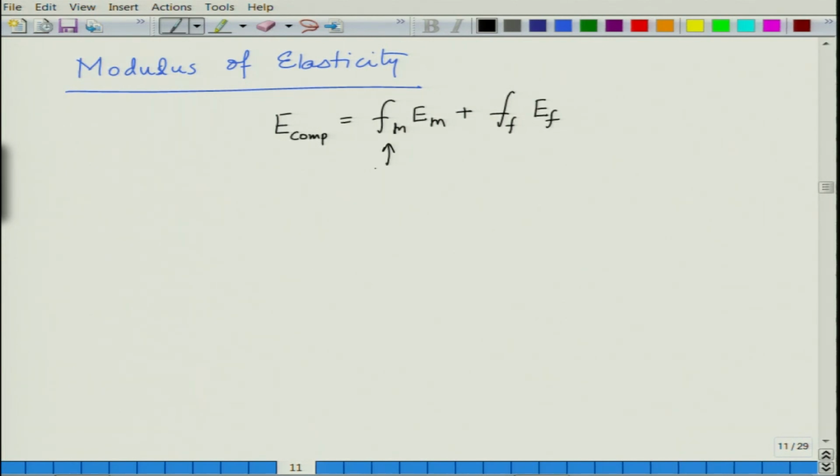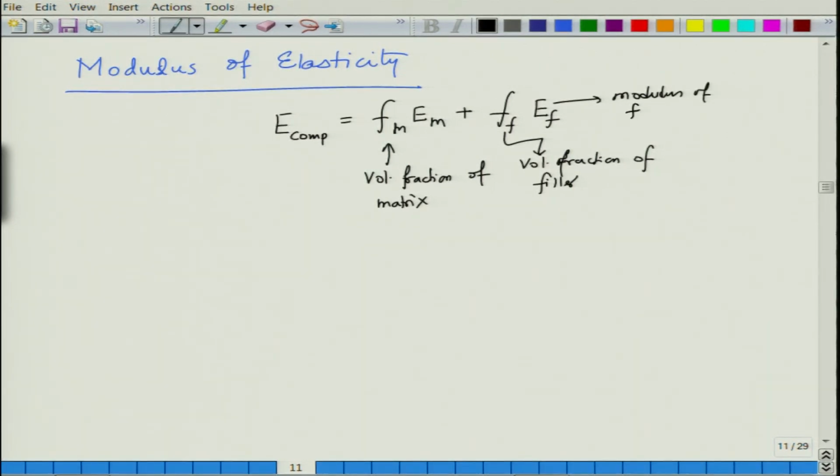This is basically the volume fraction of matrix, and this is the volume fraction of filler. This is the Young's modulus of filler, and this is Young's modulus of